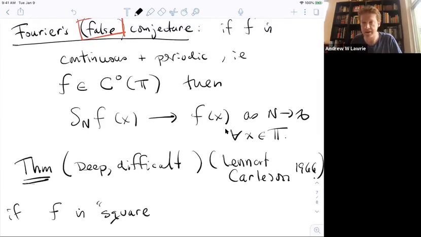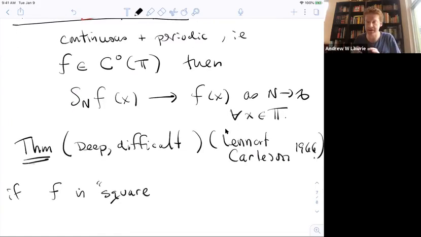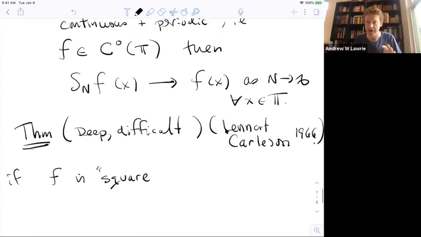We're going to write down an example of a continuous function where this conjecture fails. However, he was remarkably close to being correct. And the theorem that I'm writing down now is the precise true statement of what Fourier